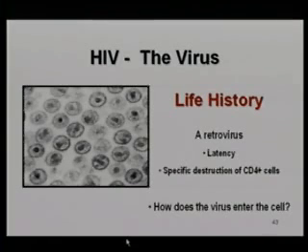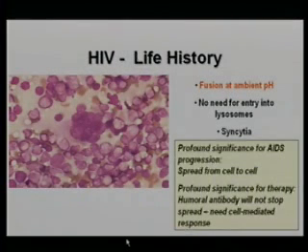So a retrovirus goes latent, specifically destroys cells. Why is it tropic for CD4 positive cells? Well, first of all, it fuses at the cell surface, so there's a cell surface receptor. It's rather like herpes virus. It doesn't need to go into an endosome. That results in syncytial formation. And syncytia may be of great significance in the spreading of HIV from one cell to another.